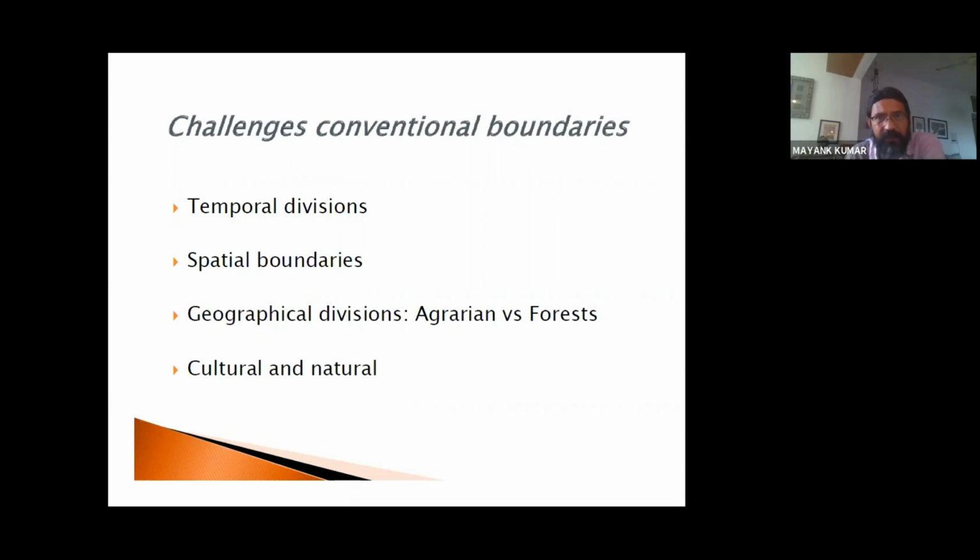Recently, Professor Niladri Bhattacharya, in a classic text, The Great Agrarian Conquest, has tried to challenge this duality between agriculture and forest, and he says that pastureland also plays a very, very important role. In other words, the settled agriculturalist and the nomadic agro-pastoralist. So these geographical divisions, this is agrarian landscape, this is pasture landscape, this is waterscape, or this is forest, we need to challenge them,